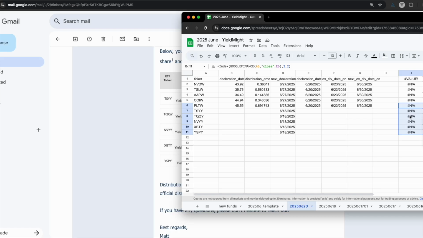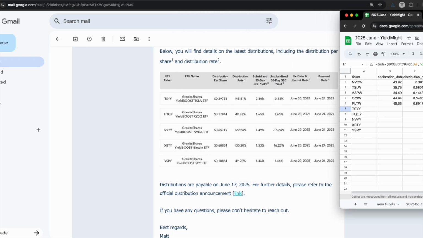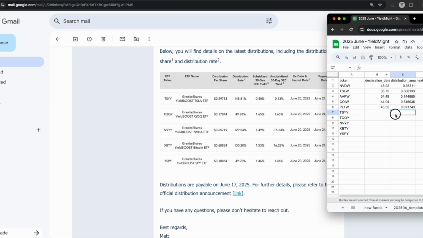I don't think that Google Finance has these yet. So when we don't have those, let's get the distribution amounts, and then we're going to have fun. 2, 9. I think it just takes a while for Google Finance. 29753.